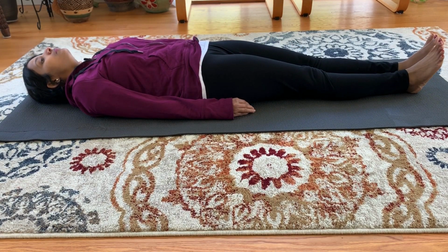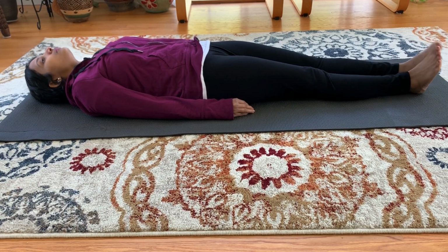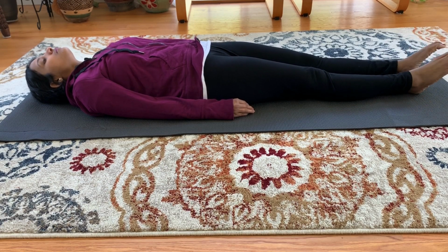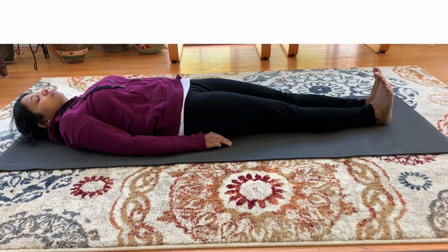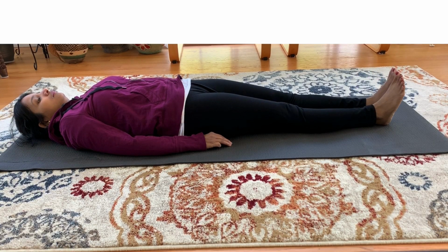Next we will do some ankle rotation, again 10 times clockwise and then 10 times anti-clockwise. Again, this helps to relieve the stiffness in the ankles if you're having that, and do these exercises first thing